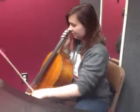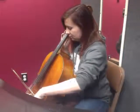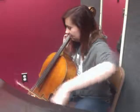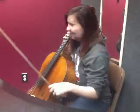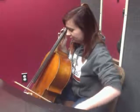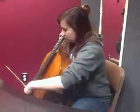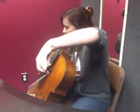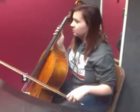You'll have to adjust your body a little bit when you get to the other strings. There you go. Nice. And then go ahead and try from the tip to the frog for each of the strings as well. Yep. There you go. Perfect. Okay. So now that we can do all of that, let's try to apply what we just did with